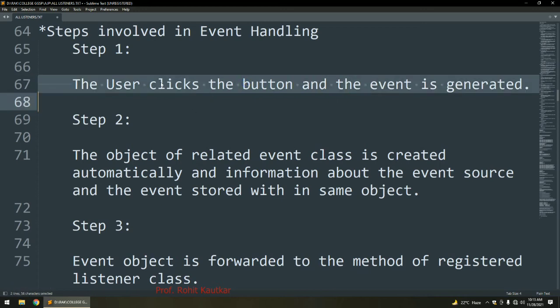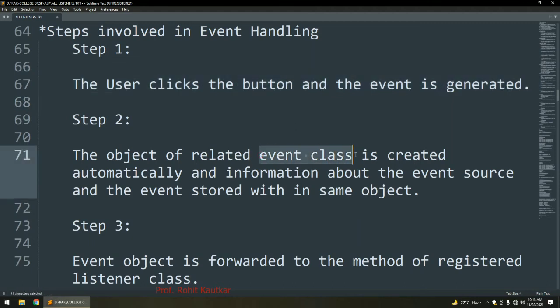Now in step number 2, the object of the related event class is generated. For each GUI component, we have certain event classes and interfaces. As soon as the state of the object changes, the object of the specific event class is created. For example, in case of a button, the name of the event class is ActionEvent.